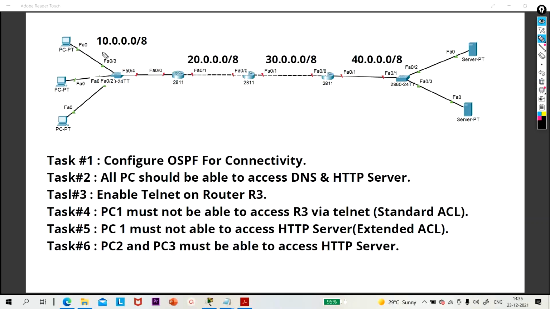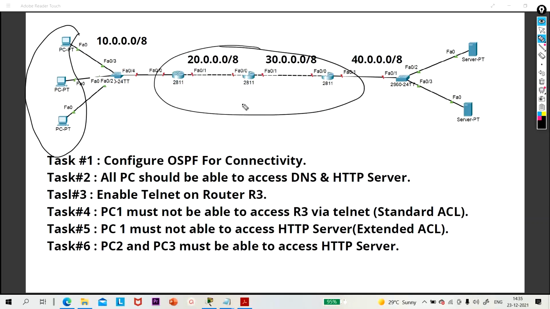Okay. After that, we have some tasks, right? Actually, I want these users to be able to access my HTTP server. So we need connectivity between these routers, so I will run OSPF. Task 1 is configure OSPF for connectivity. I will configure OSPF on router 1, router 2 and router 3.